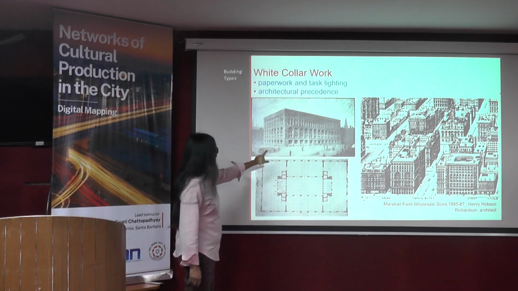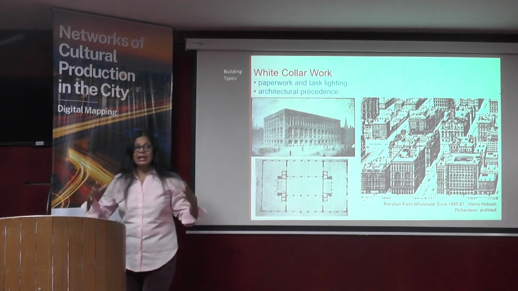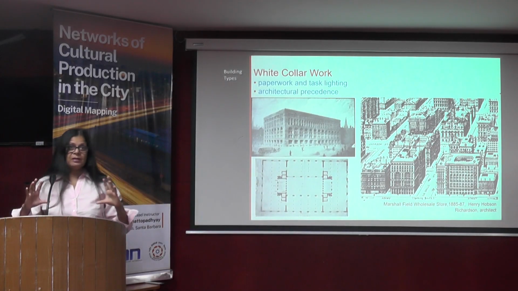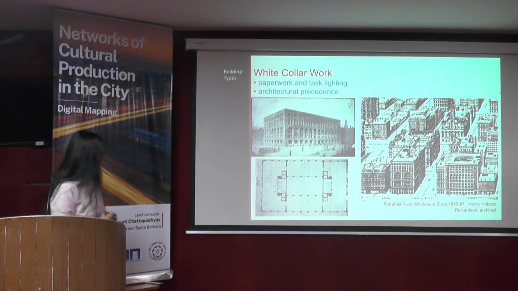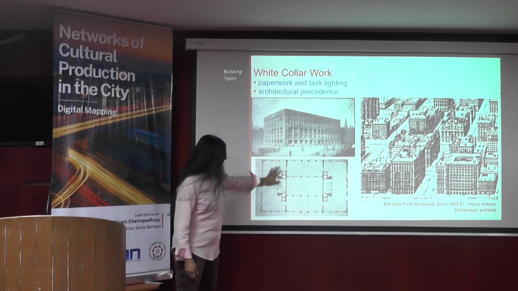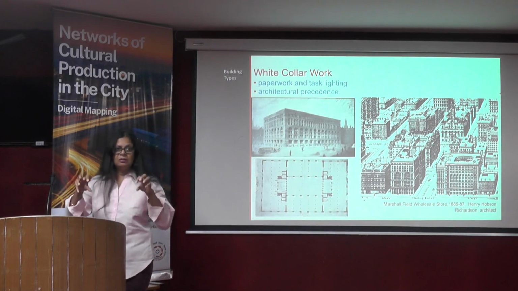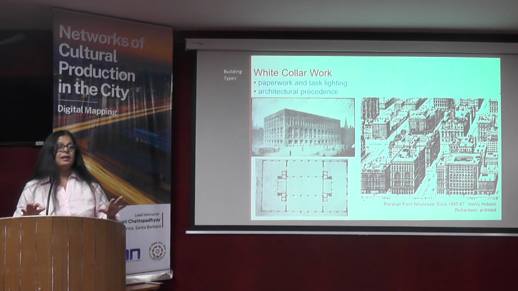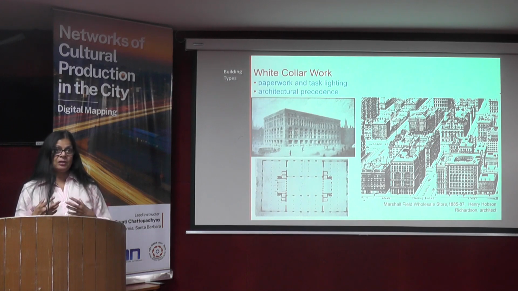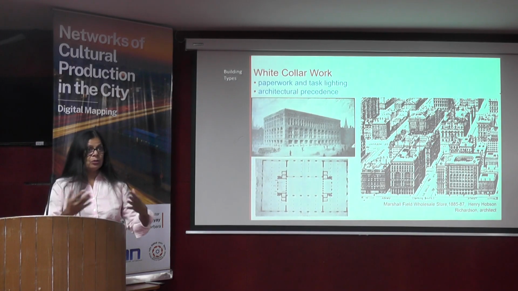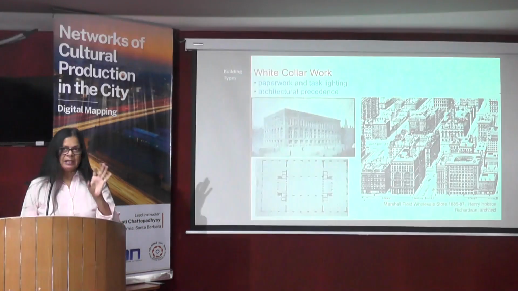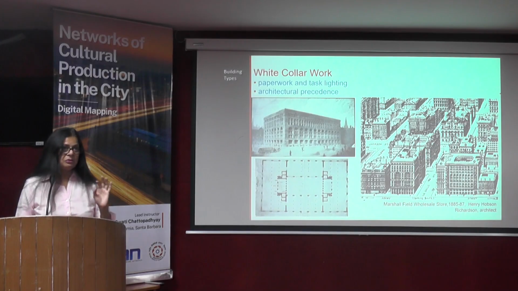The form of the building occupies an entire block. So there is a problem of how you're going to organize the interior space, and this is basically a series of columns and two service cores, and that's it. There would necessarily be a court inside, because you do need light. Light is very important for task lighting. So they are putting in a lot of windows on the periphery, in the external walls, because when these buildings are being built, there's still no electricity.